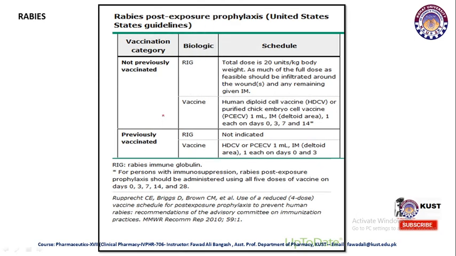This is the rabies post-exposure, United States guidelines. Vaccination category: not previously vaccinated. Rabies immune globulin, total dose is 20 units per kilogram body weight. As much of the full dose as feasible should be infiltrated down the wound, and any remaining given intramuscularly. Human diploid cell vaccine or purified chick embryo cell vaccine (PCECV), 1 ml, 1 each on days 0, 3,